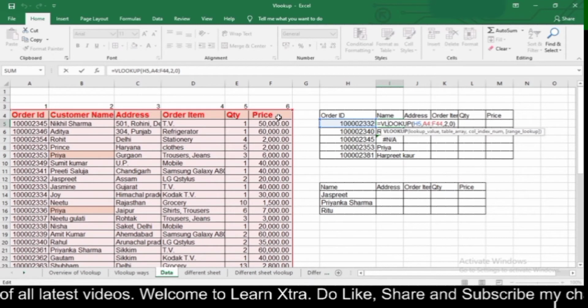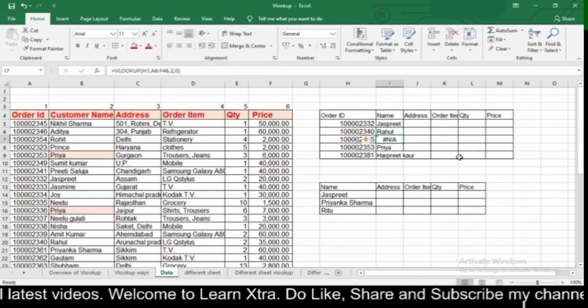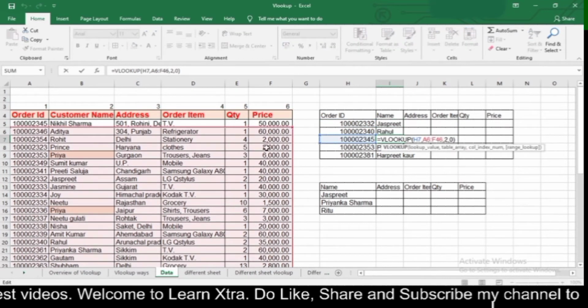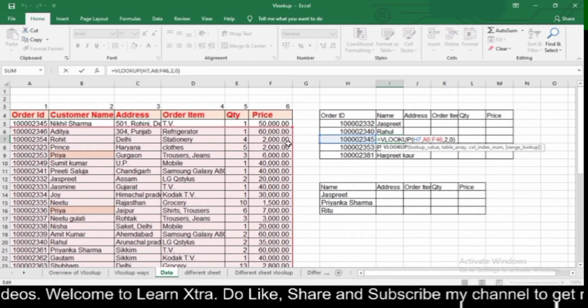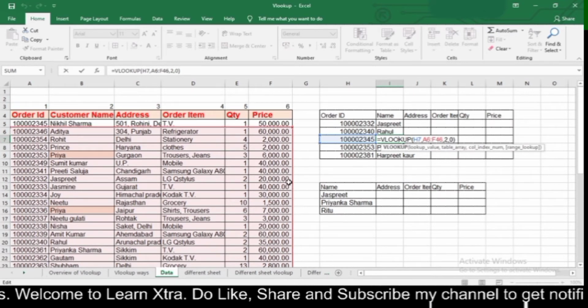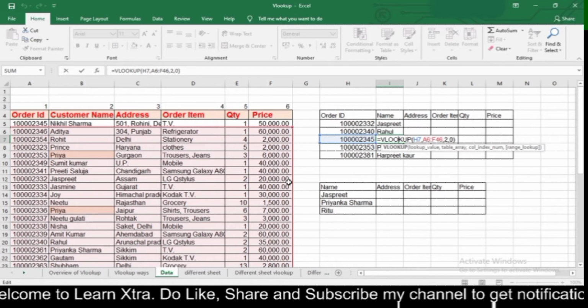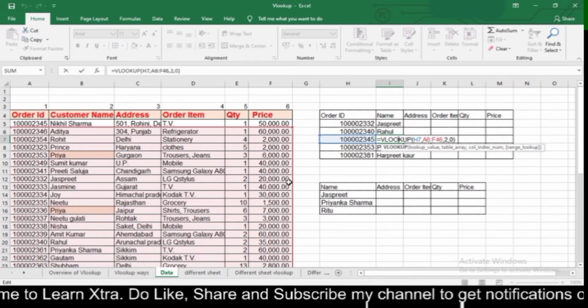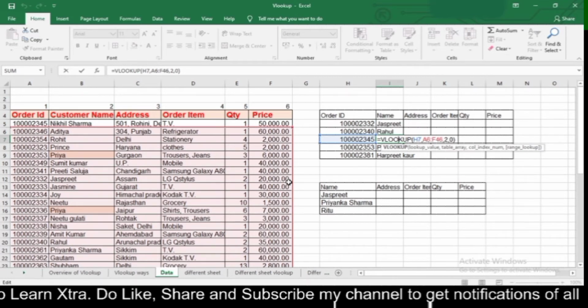And next, my data is starting from A6 to F46 because here I haven't freezed my table. So here I need to fix my data first.